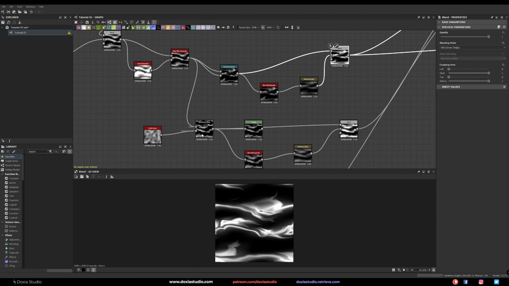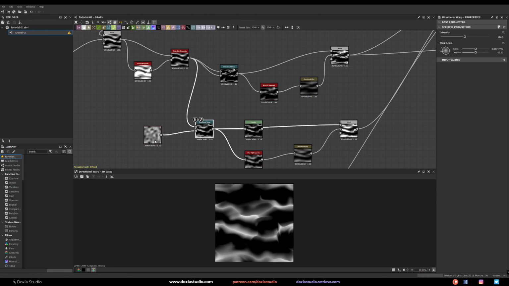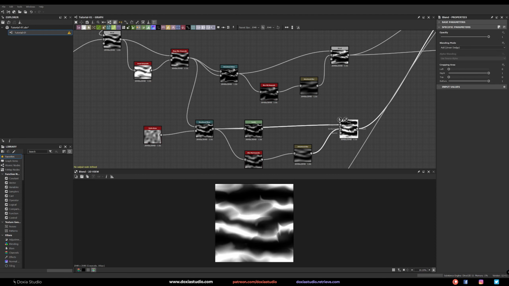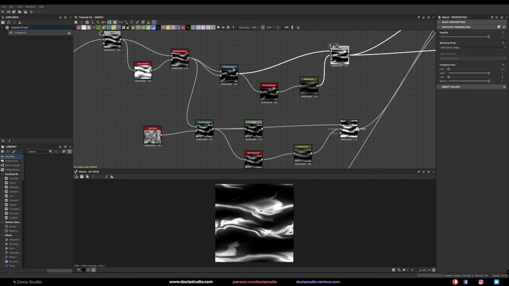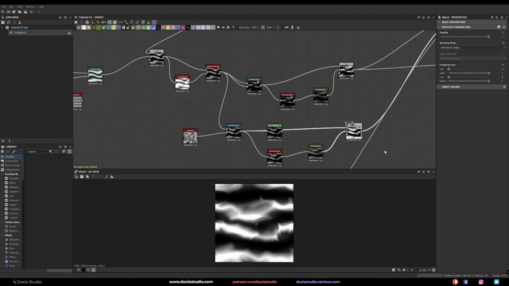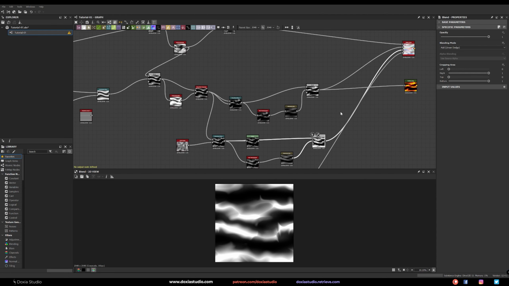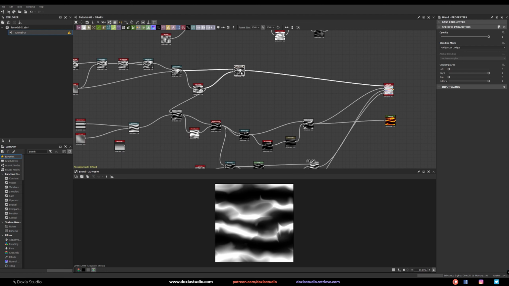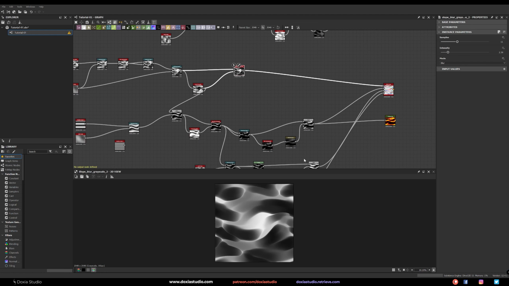So you can see the only difference here is that the directional warp on this one is controlled by the Perlin noise. And we get a really cool different image following the same one, because when it's tiling or rotating, doing the offset animation, it will look different, and they are based on the same one, so it will really synchronize both effects at the same time. So at this point, I was happy. I had a really cool one with nice caustic effects.